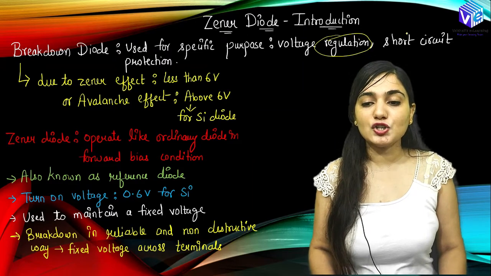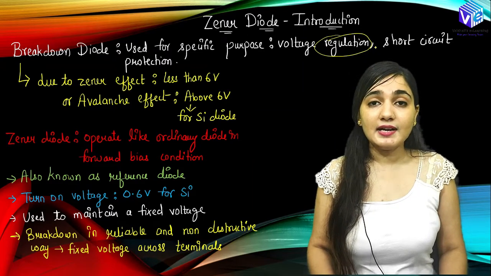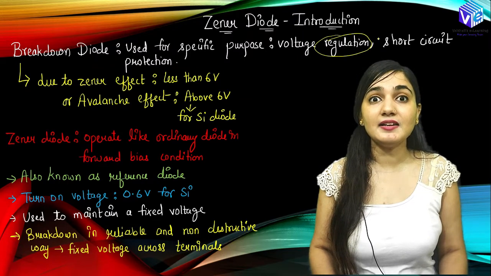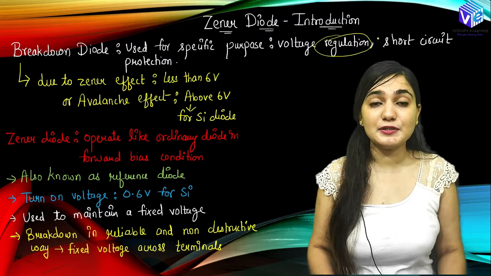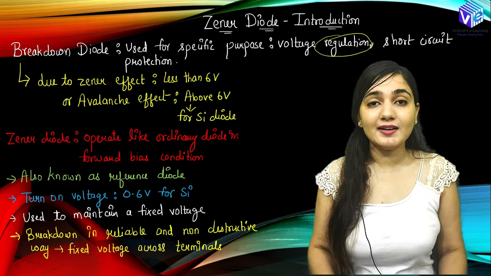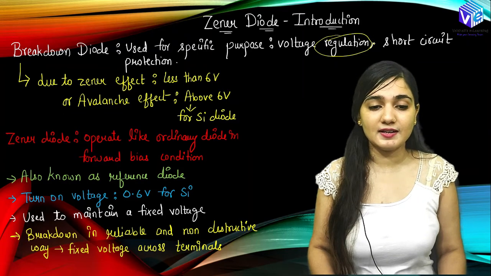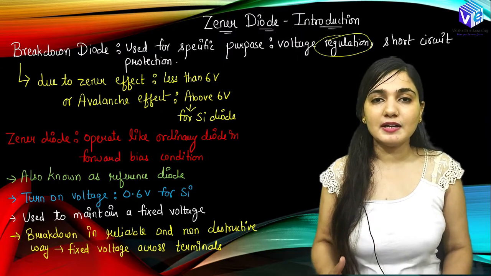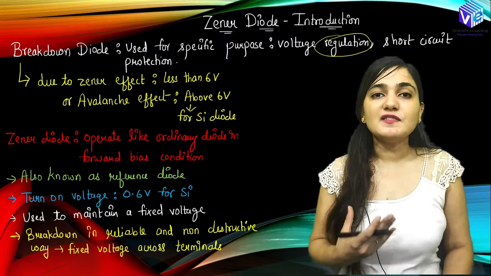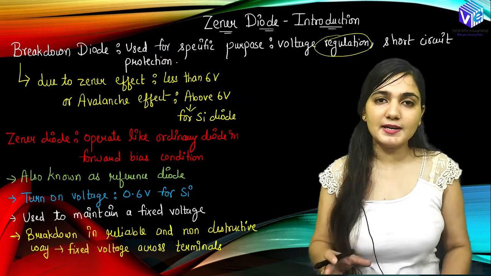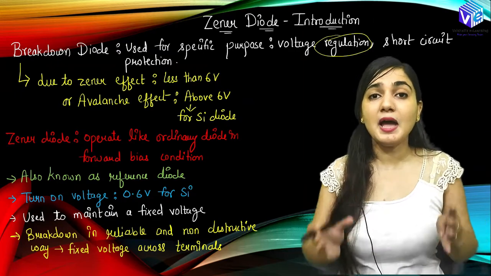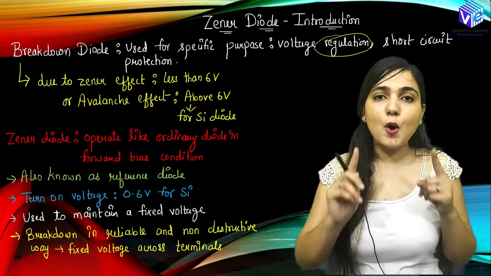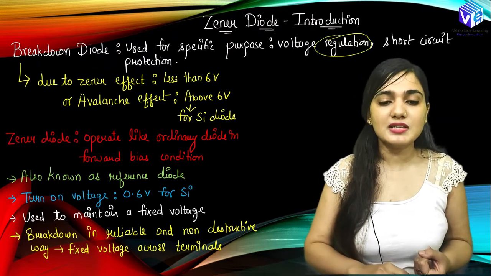It can be used for short circuit protection as well, right? So we need to understand the different applications in detail and how the Zener diode is going to be used as the voltage regulator or the short circuit protection device. On which effect is the Zener diode working? It is working on the effect of Zener breakdown, right? Zener breakdown and avalanche breakdown, both of them I am going to discuss in the next session. But as of now, I will tell you the basics of the Zener breakdown.